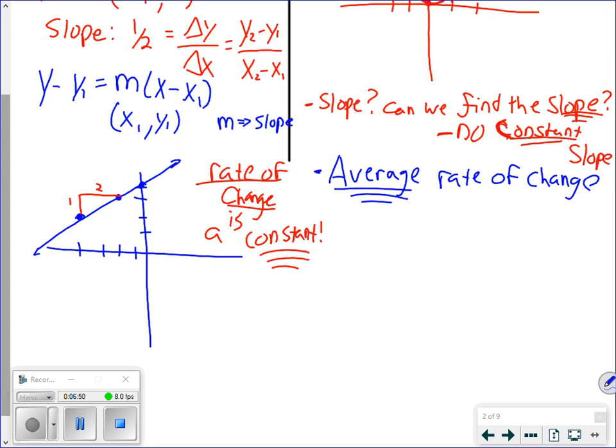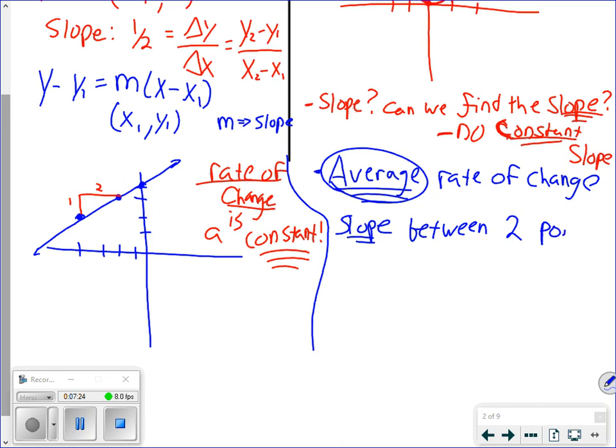Keyword on average. Now, with a line, we are finding the rate of change, and the average rate of change is the rate of change because it's never changing, so it's always the same, right? Here, when we're talking about average, it's not going to be exact, but it's going to be around that value. We're averaging all of the slopes, if that makes sense. Okay, and you've done this before in the past. You found average rate of change. Pretty much, it's going to be the slope between